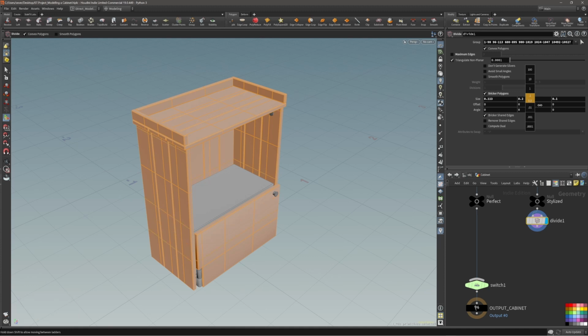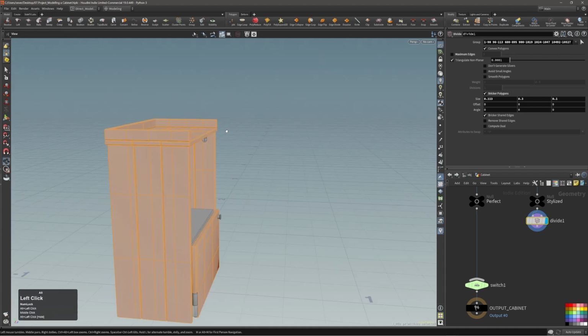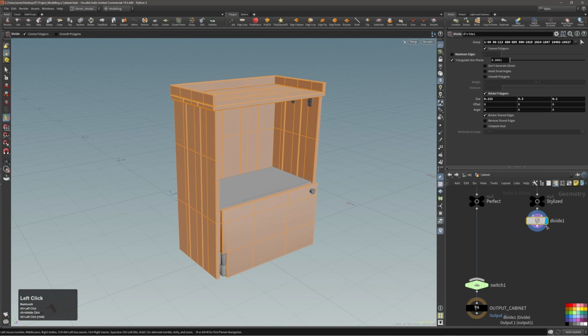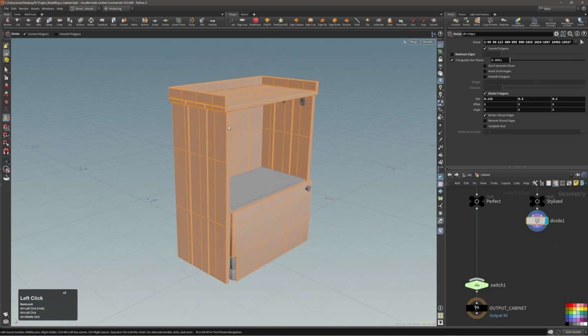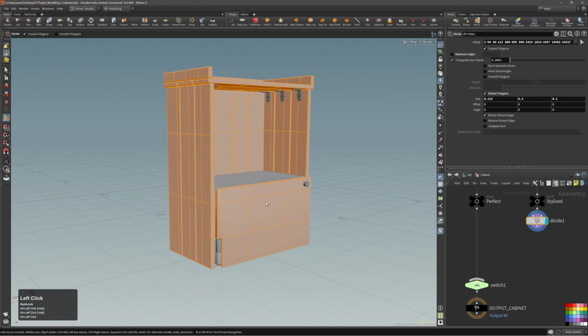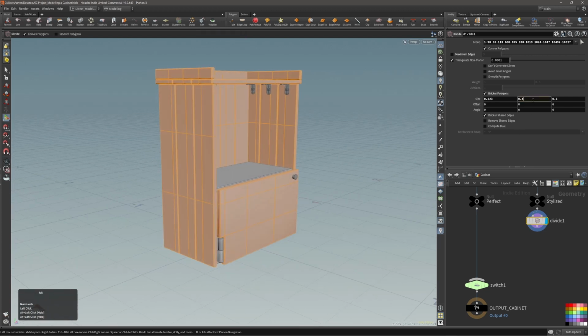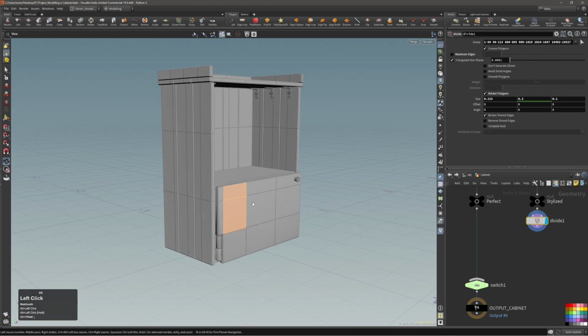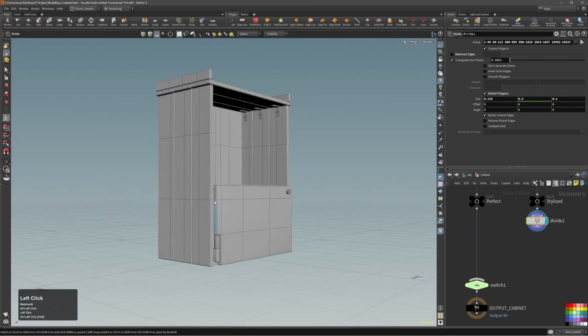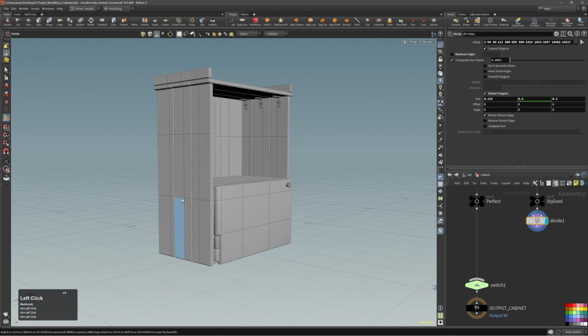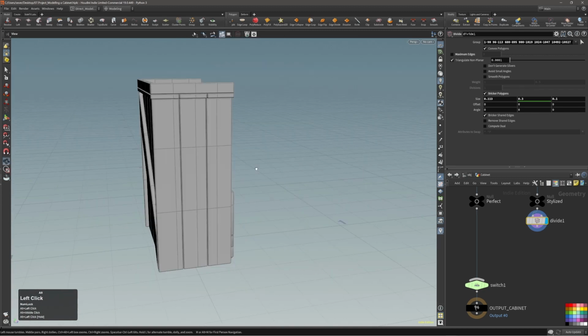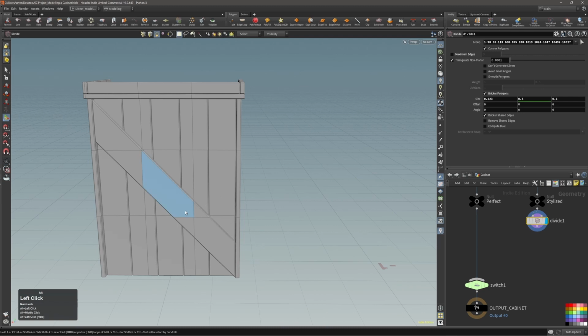Let's say something like this. Now I can add more divide nodes to be more precise. Because if you can see, if I'm changing the value here, it also applies on this part, and it's perfectly aligned with this edge here. So we could make a few more, and here you can also see that,